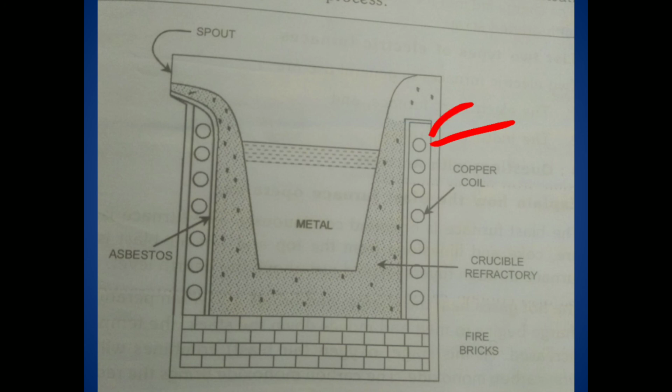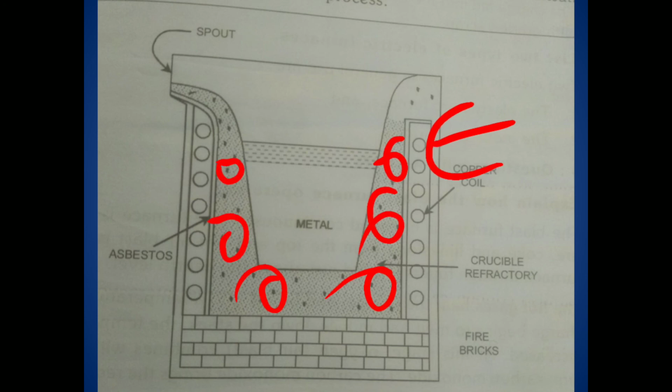When power is supplied to the copper coil, it will generate heat. That means induction will take place. That induction means heat will generate. That heat will be supplied to the crucible. So in the crucible we have already placed the charge, that means pig iron and some scraps. Those will react. That means impurities will get separated to form a slag, and we get high steel or high graded alloy steels in this process. This is called the electric induction furnace method.